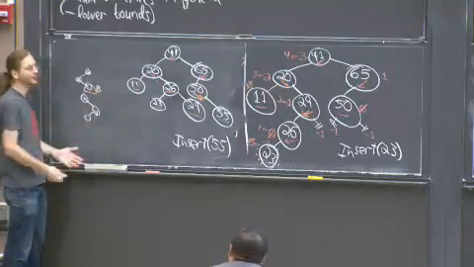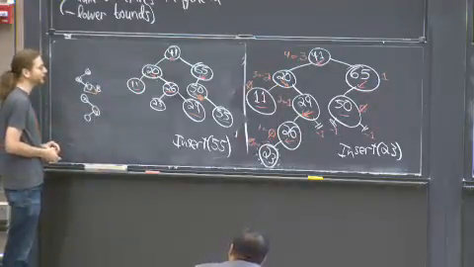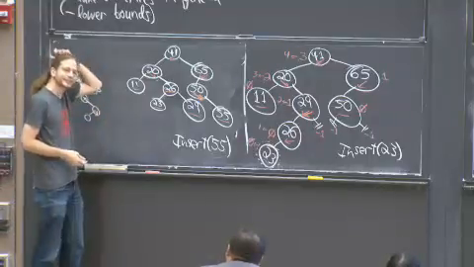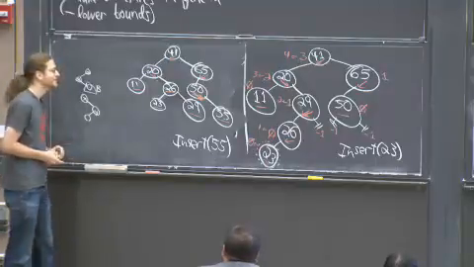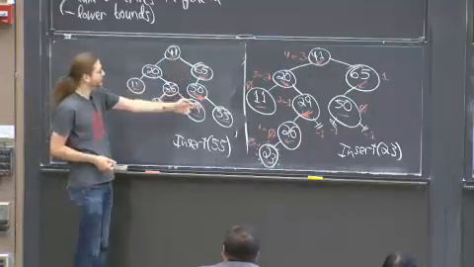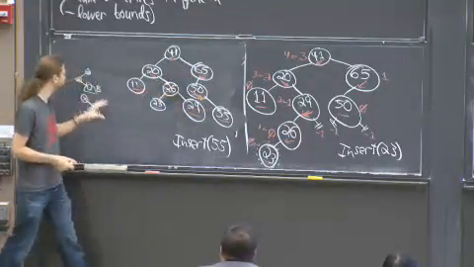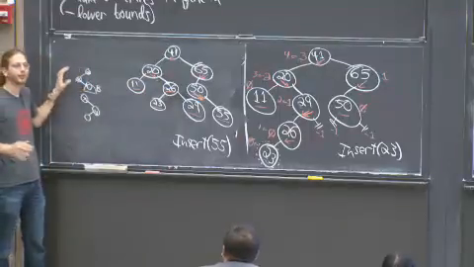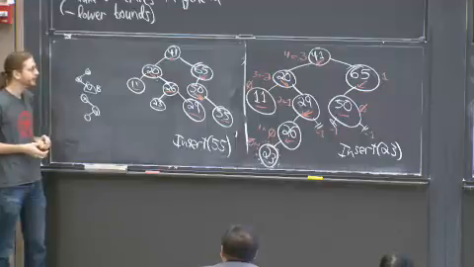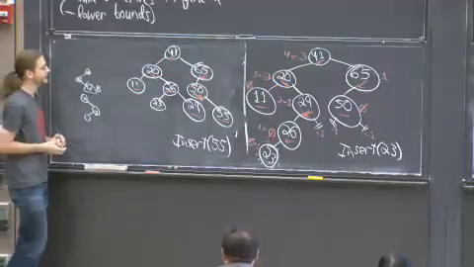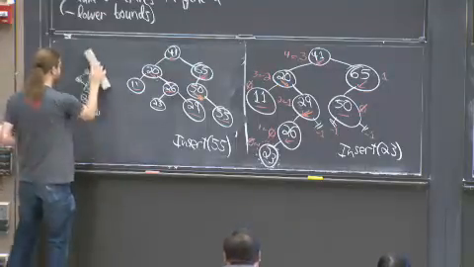I told you, though, that somehow rotations are all we need to do. What could I do? How could I fix this little zigzag? You just need to think about those 3 nodes. But all I give you are rotations. Yeah? Rotate 50. Maybe rotate 50. That seems like a good idea. Let's try it.